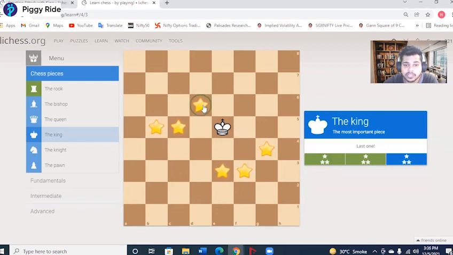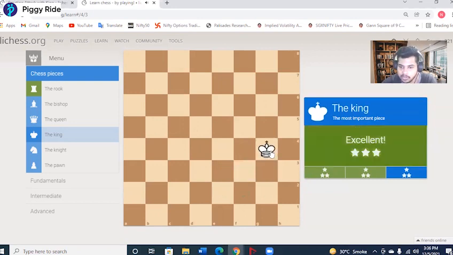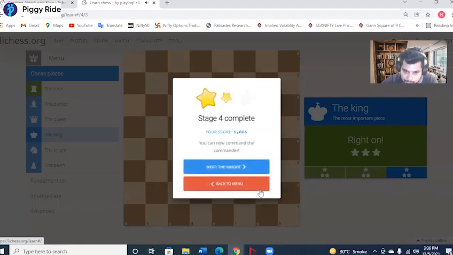All right. If you were to go for these 3 stars in the beginning, it will only take you 8 moves. 1, 2, 3, 4, 5, 6, 7, and 8. So the efficient way would be to capture this star at d6 first. So now that we know the answer, let's move ahead. 1, 2, 3, 4, 5, king to e3, king to f3, and then king finally to g4. All right. So that was all about the revision.